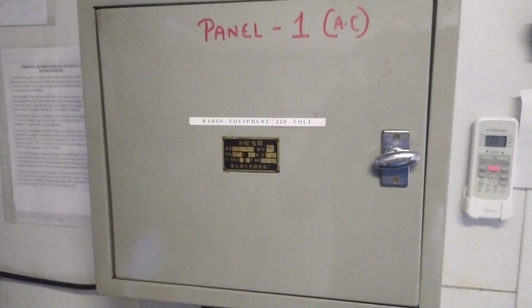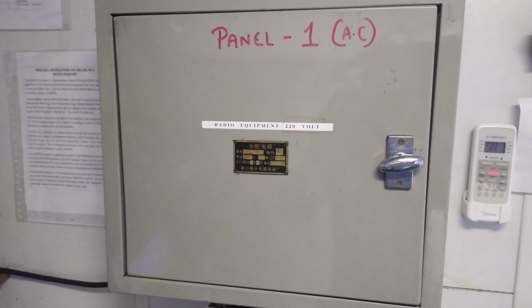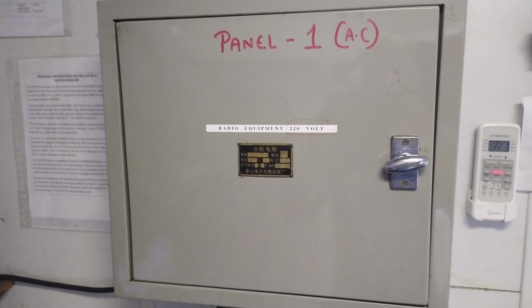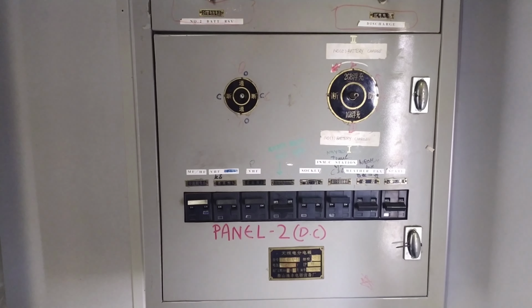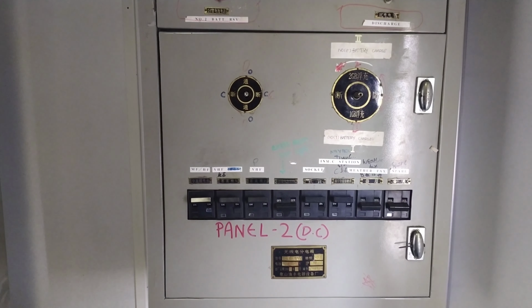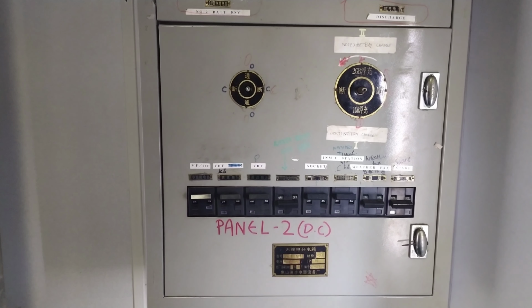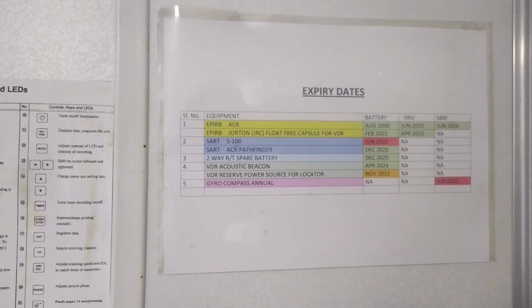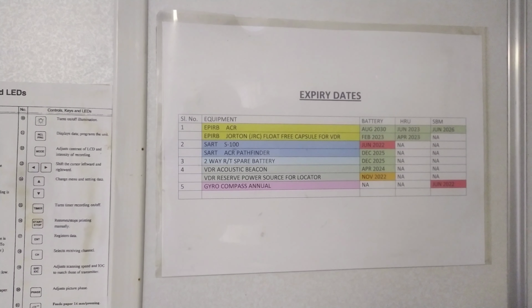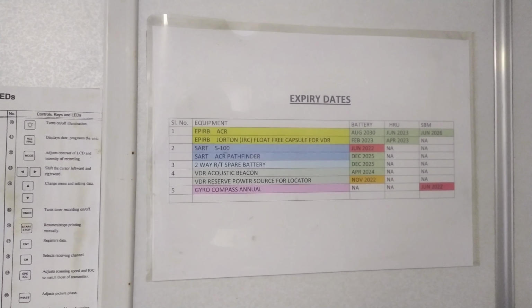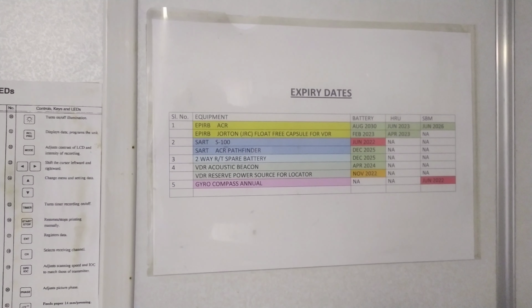Then you should specifically mark the panels that is having the AC current and the DC current. So I will show you the DC current now. So this is for DC. So I should mark specifically the panel that is having both the numbers. Another requirement was about the expiry dates. They wanted to have the expiry dates printed and available for quick reference. That also we did it.